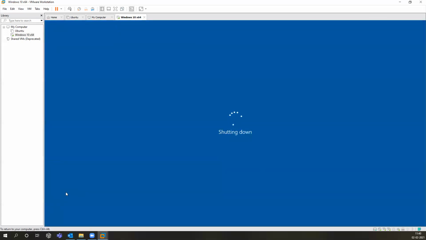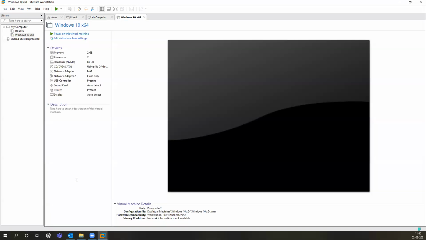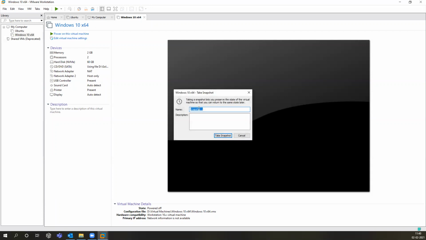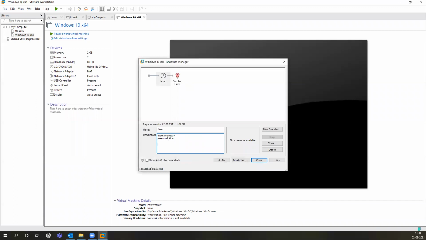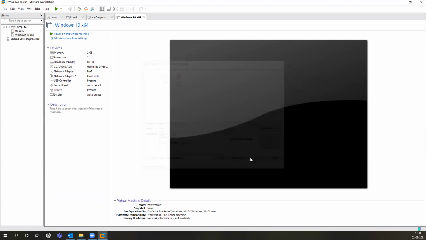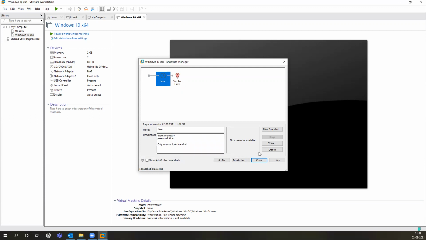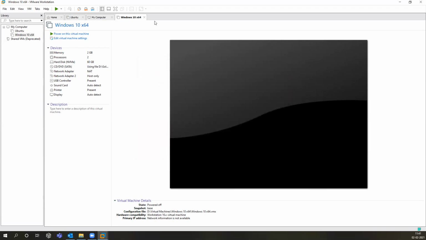And one more thing. As I just created an operating system with base settings, the next thing I can do is create a base snapshot so that I can revert back to the snapshot whenever I want. Click on this, name it base, and I will provide credentials also. Whenever I use this, I can provide more description. So when you go to this base, that's it. And once this VM is